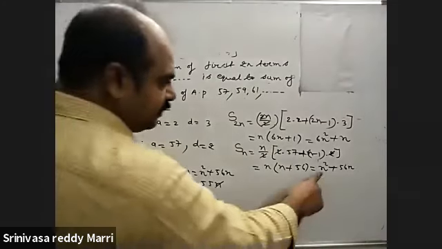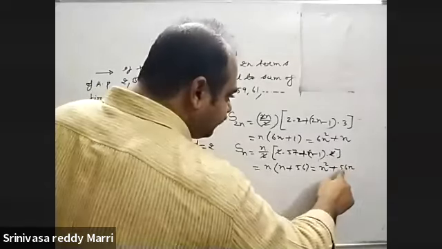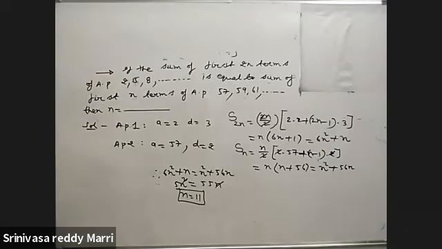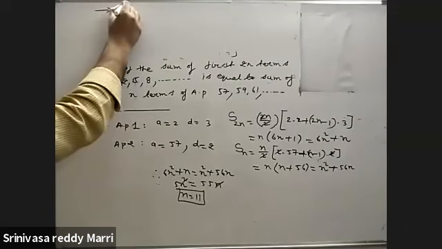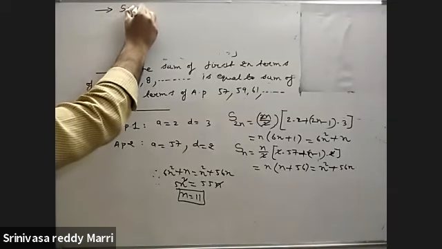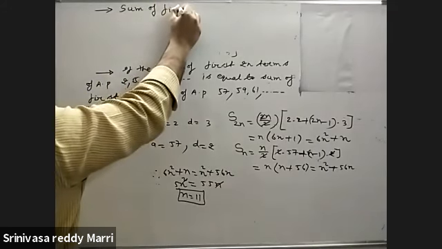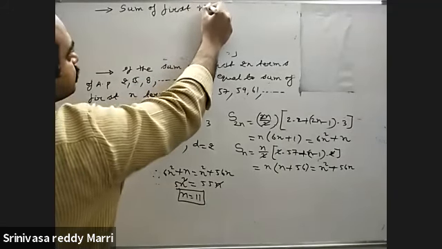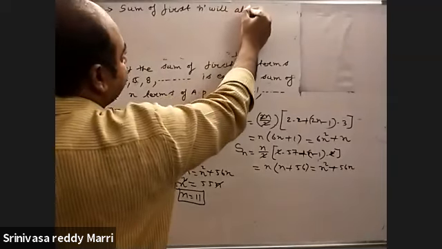Here the n square coefficient is 1, the n coefficient is 56, and the constant will not be there. That means we can say that the sum of first n terms will always be in the form